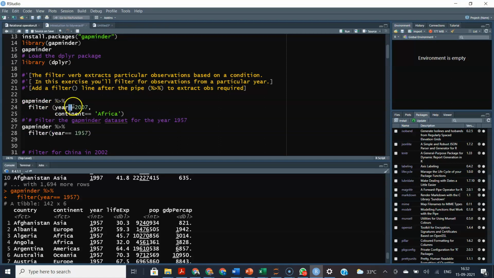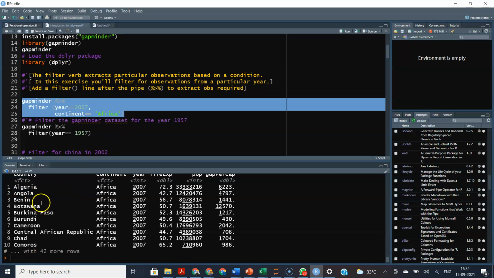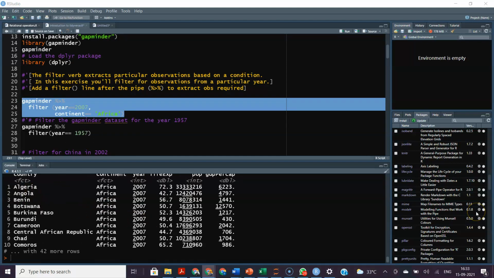Again guys, please remember double equal to sign, no single equal to sign, ठीक है, assign नहीं कर रहे हो आप, and then continent and double equal का sign, and be very careful. ये these are when you are using double quotes, basically यहाँ पर आपको ये case sensitive है सब कुछ, ठीक है। Let's run this and see, आपके पास अफ्रीका की सारी कंट्रीज आ गई for 2007,